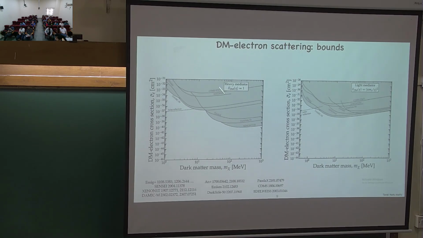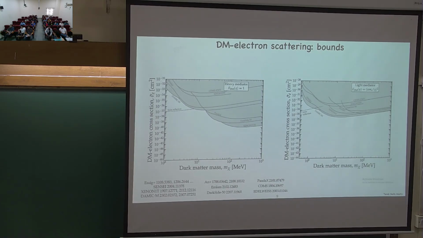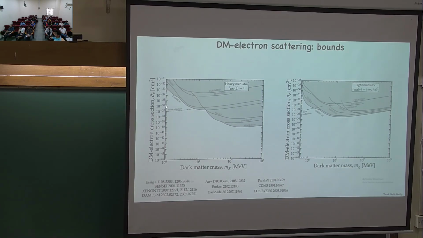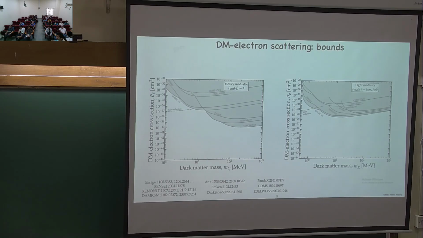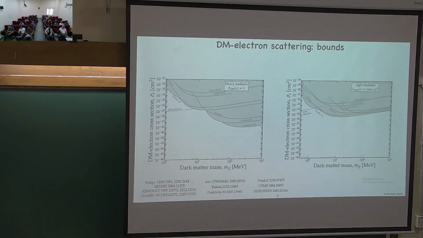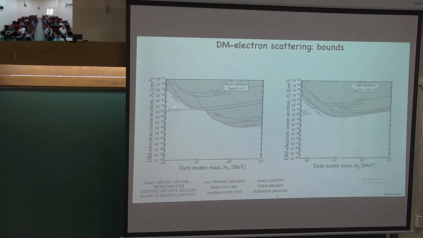I don't want to read each of these black solid lines or gray solid lines over here. What I really want you to focus on is the envelope of this gray solid region. What it essentially suggests is that direct detection experiments are ruling out anything above that particular cross-section. And to answer your question, you see that experiments like SENSEI and others use silicon, and they are important over here. They are setting the leading bounds below about 10 MeV or so.